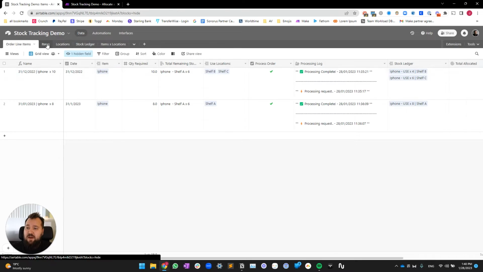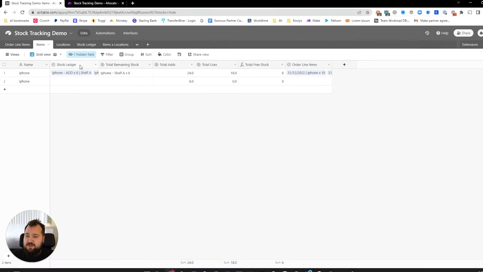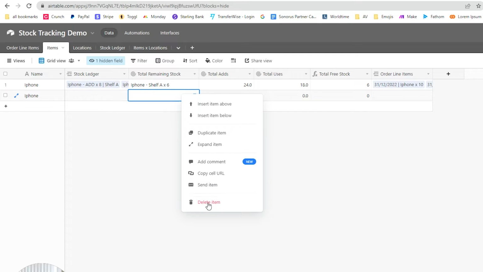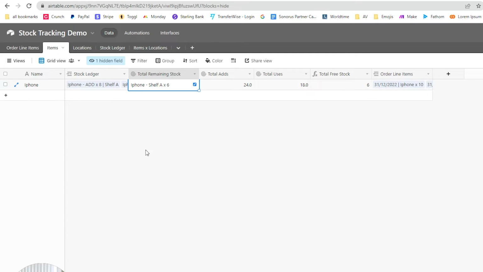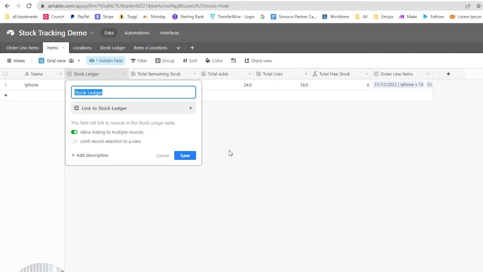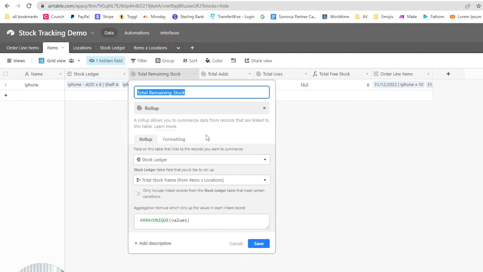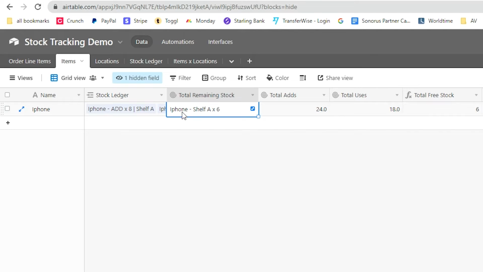Cool. Next, we have items. Items are super simple. There's an extra iPhone here for some reason, whatever, delete that. Then we have stock ledger, a link to stock ledgers so that you can see what stock ledgers have taken place. Then we have remaining stock, which is a roll up of the total stock name from stock ledger, and I'm just using array unique values so that it gives me the array unique